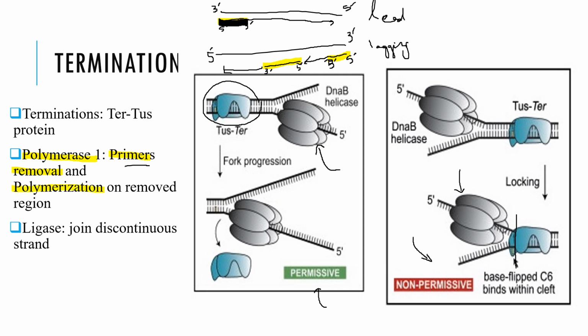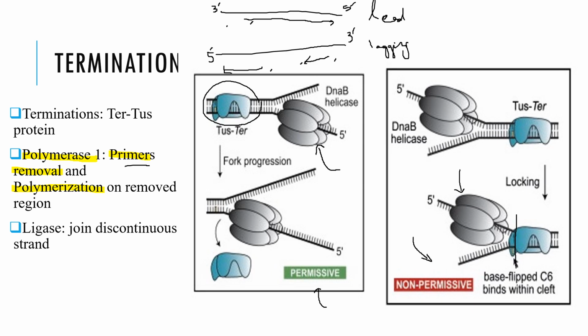So firstly DNA polymerase 1 will remove those primers, and also, so you can say here, DNA polymerase